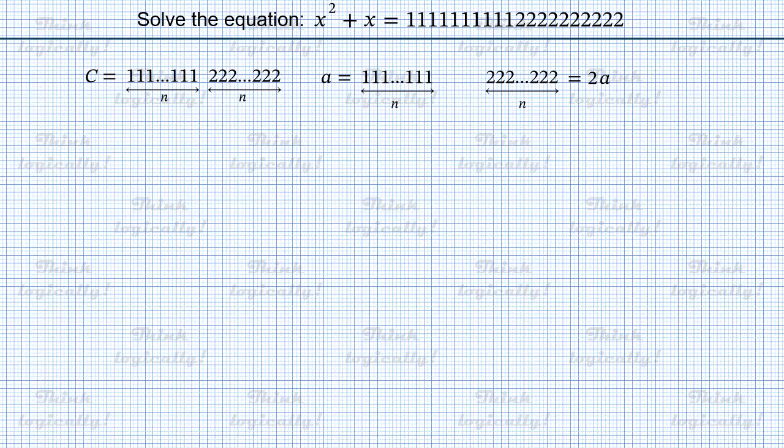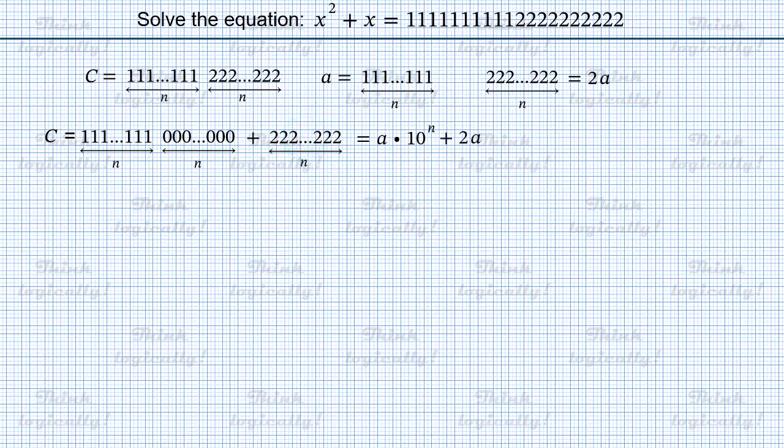If you haven't solved the problem yet, you have another chance to do it. We can express C as the sum of two numbers: the number written with n ones and n zeros, and the number written with just n twos. The n ones compose number a, while appending n zeros actually means multiplying the number by 10 to the power of n. So the first term is a times 10 to the power of n, while the second term is